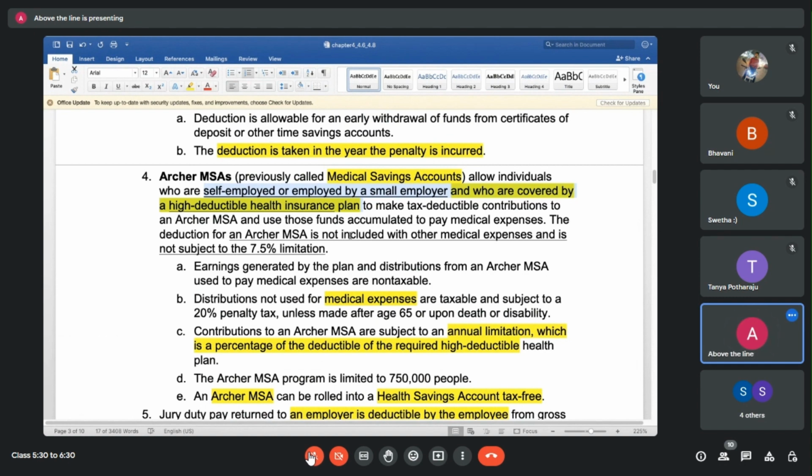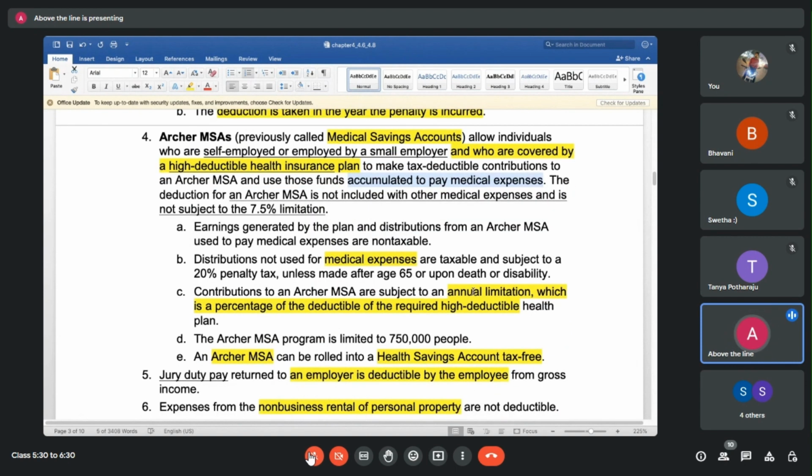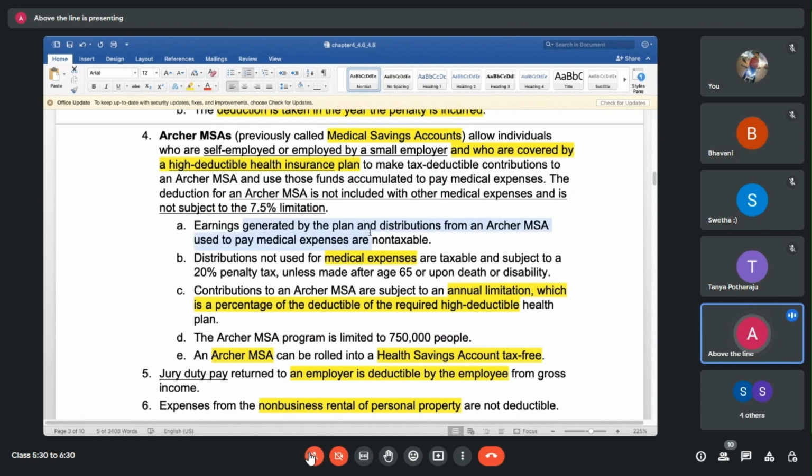If you're using that to pay medical expenses, any earnings generated are also not taxable. So if you are putting in, say, $5,000 every year, after 10 years it became like $60,000, $70,000, because